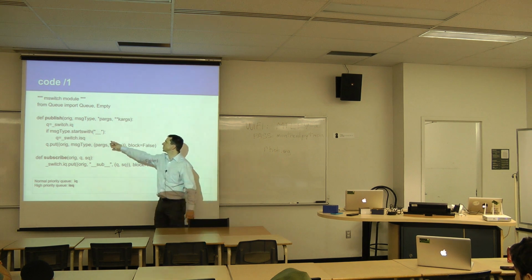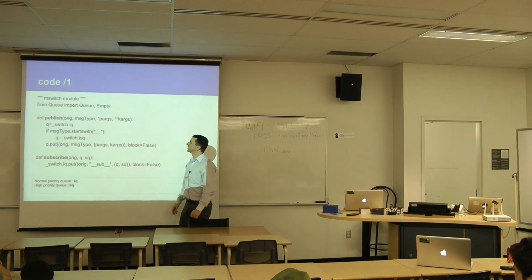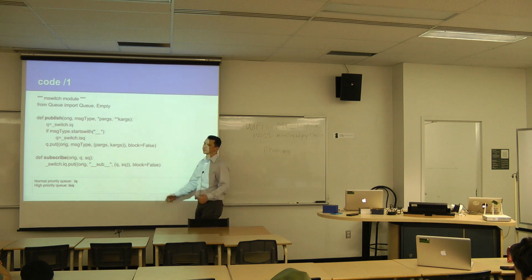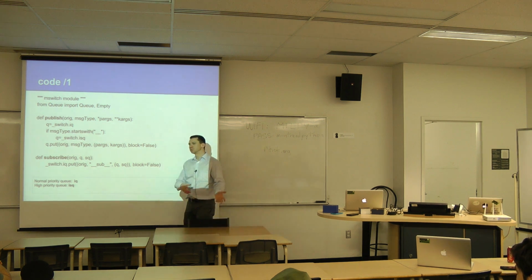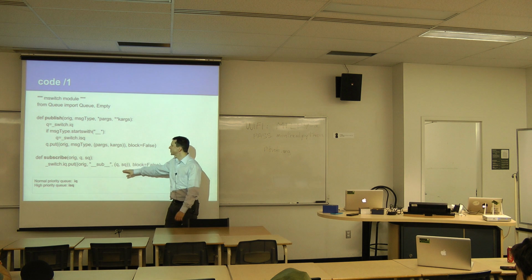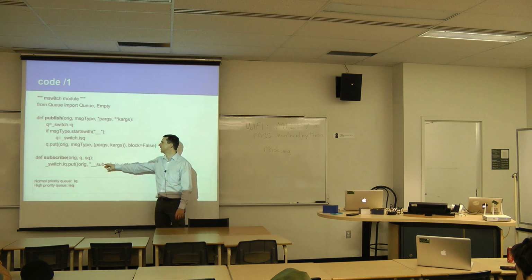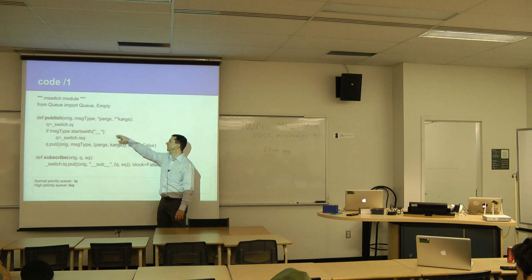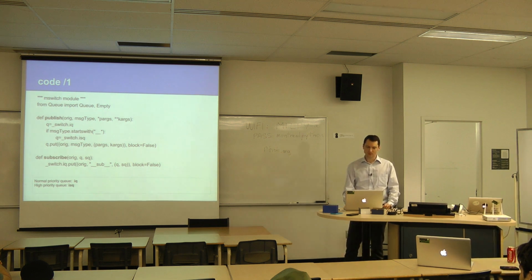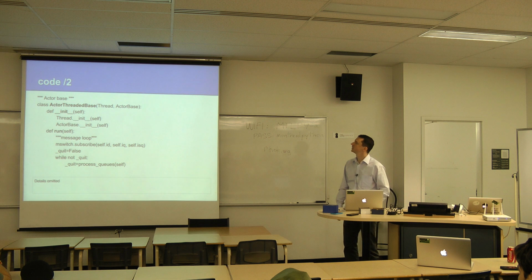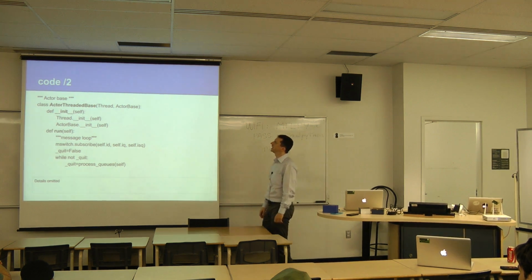So in this implementation, I just use double underscores to say, if a message type starts with double underscore, it's of higher priority. So let's say, for example, a quit message. If the user wants the application to quit, no use doing other stuff, okay? Or at least do some cleanup and quit as soon as possible. And subscribe is actually just a special message that is sent to the fabric to basically wire the fabric. So that's an example of a base class I use for the actors.